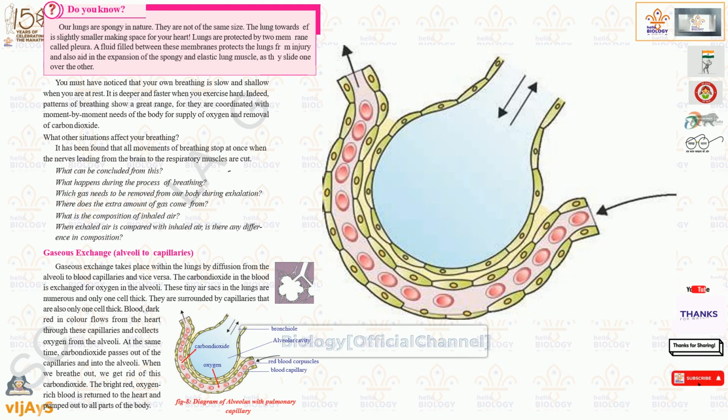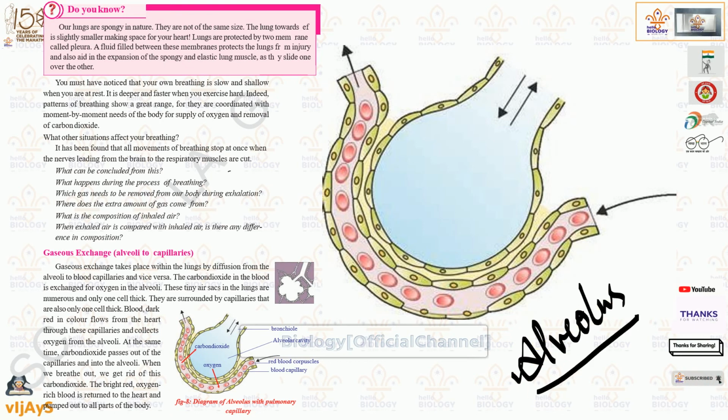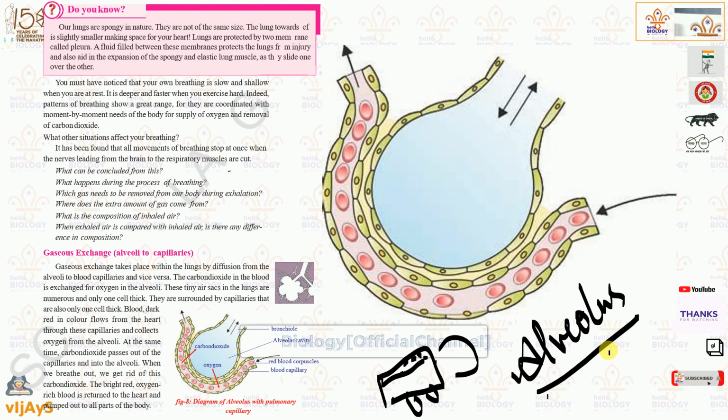First thing here, gaseous exchange, how will it take place? We discussed till now gas entering into the lungs, but what will happen in the lungs? In the lungs you will see this kind of structure known as alveolus. This big structure you are seeing is the alveolus. Like this alveolus, nearly a lorry full of sand. How much sand will be there? Lorry full. That many alveoli will be there in our lungs.